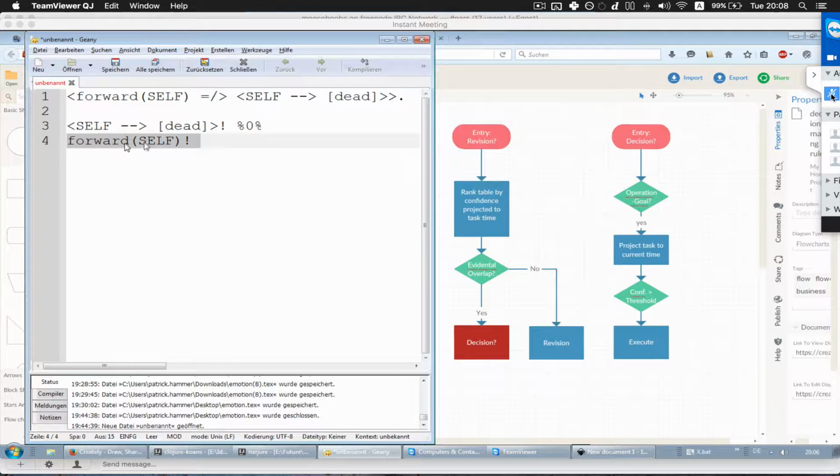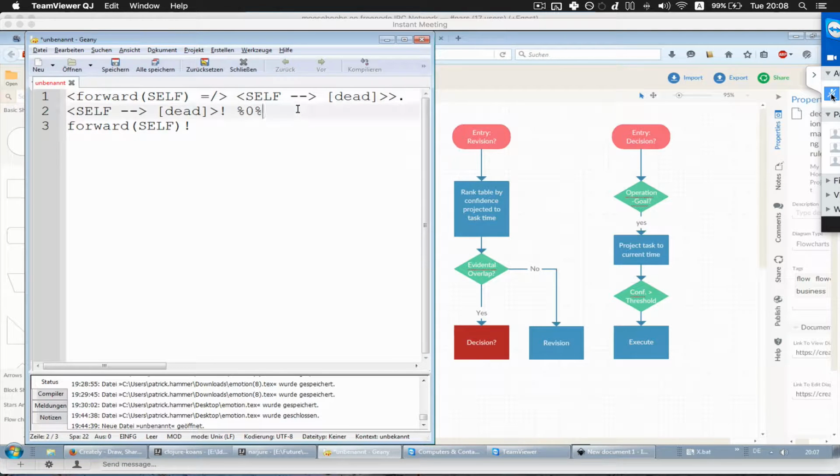In this case, it will go forward and it will kill itself. While when this information is already considered, that it's self-dead after going forward, then we want